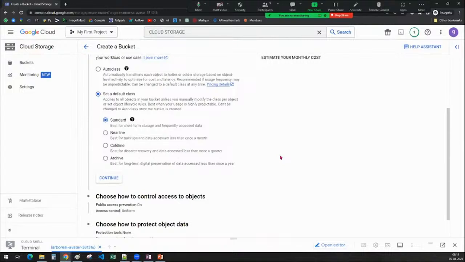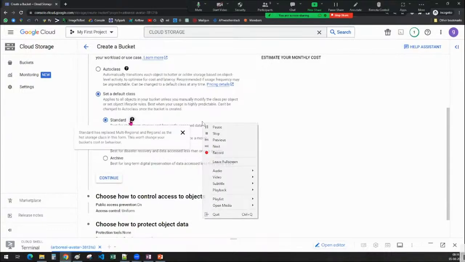If we edit it in the middle, the cost will be charged until that time. For example, for 1 month you have set it as archive. The cost for that 1 month will be only for the archive storage class. After that month, you select standard as your storage class. Whenever you select the standard, from there the storage cost will be according to the standard storage class. And our Google will be